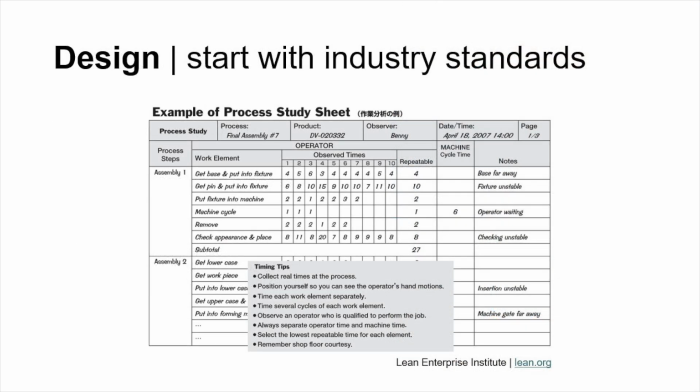So to design a time tracking report, we started with some industry standards. This was the manufacturing space, where they have a lot of well-established methodology to optimize process. Here are some examples from lean manufacturing. This is called a process study sheet, where essentially you have every step in your assembly procedure together with observed time. This would be done by somebody with a clipboard, sort of watching people. And they would watch several different people and manually make observations about how long it